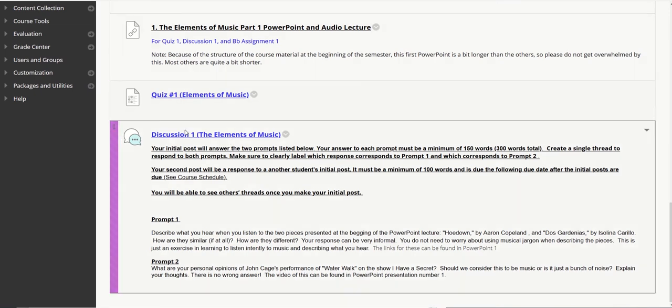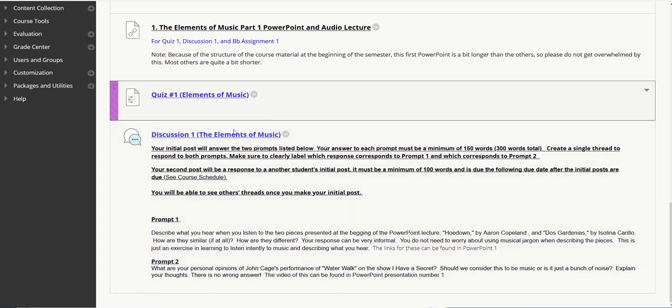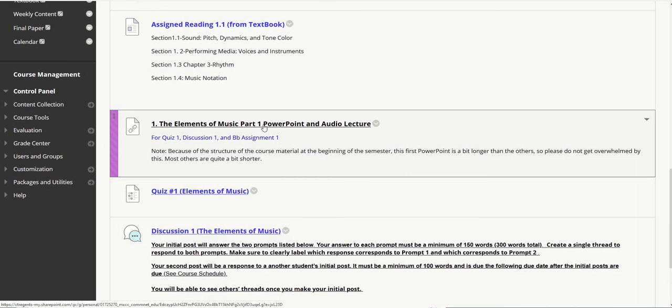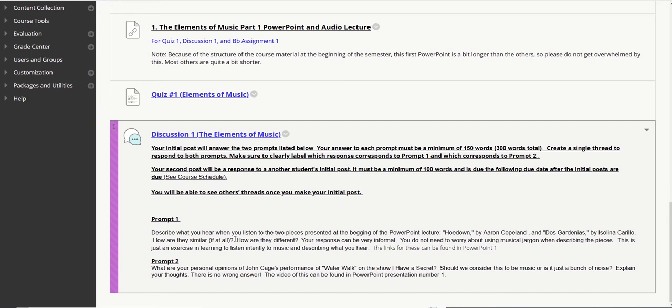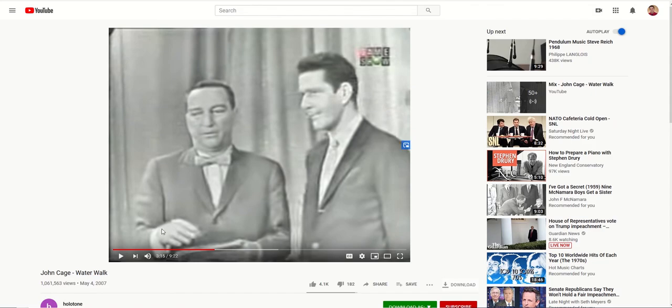The other thing is that there will be a discussion. There's 10 discussions in all. Again, discussion 1 is going to be dealing with this particular PowerPoint. A lot of times in the discussion, I'll ask you to listen to something in the PowerPoint and give your opinion on it. For example, in this one, I ask you to listen to John Cage's Water Walk. That's the video we were looking at here,